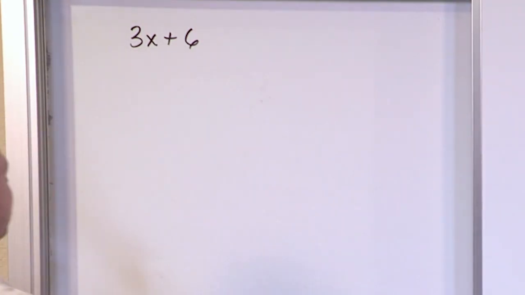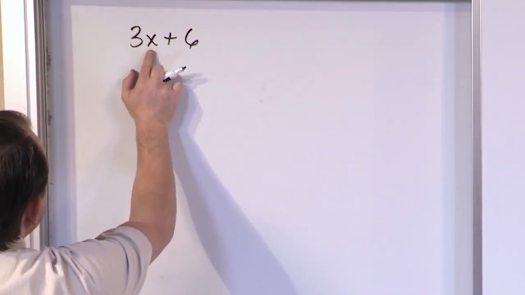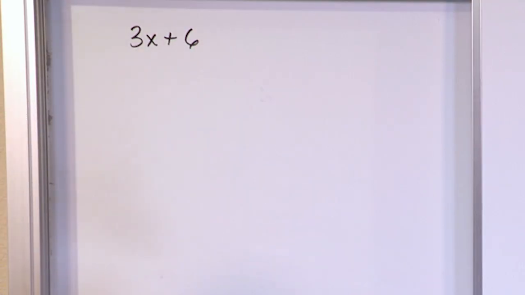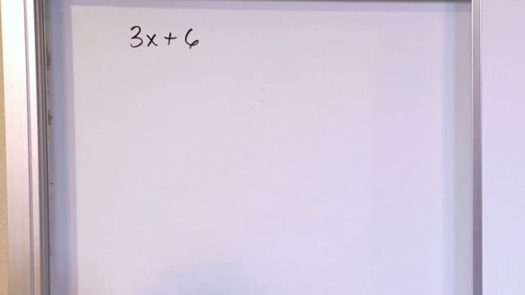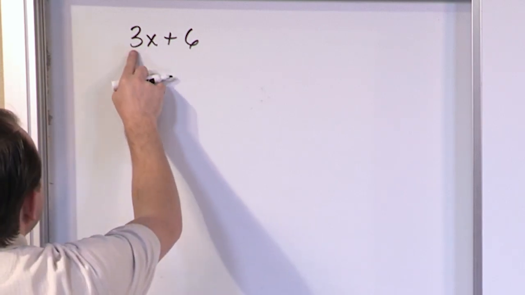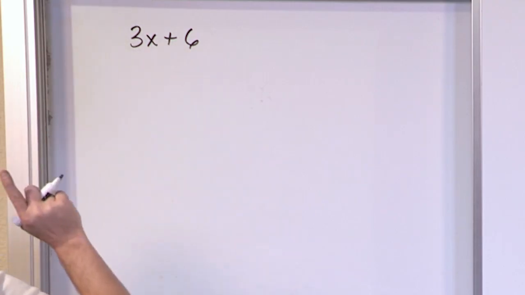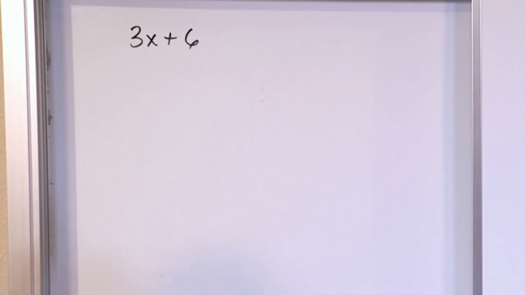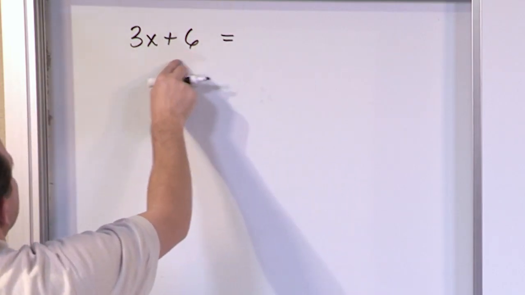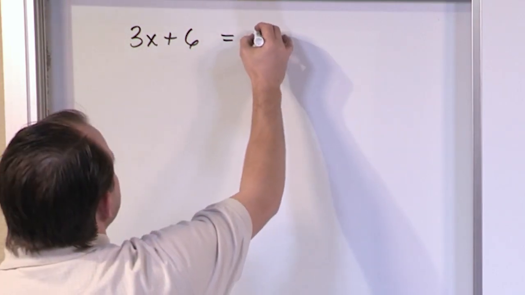And so you want to look at commonality. So there's an x here, but there's no x there. So there's no way, no how that I could pull x out of this expression. There's no way, because it's not common to both things. You might say there's a 3 here and there's a 6 here, so there's nothing in common. However, 6 is really 3 times 2. So in fact, even though it doesn't look like there's anything common, I actually can pull a 3 out of